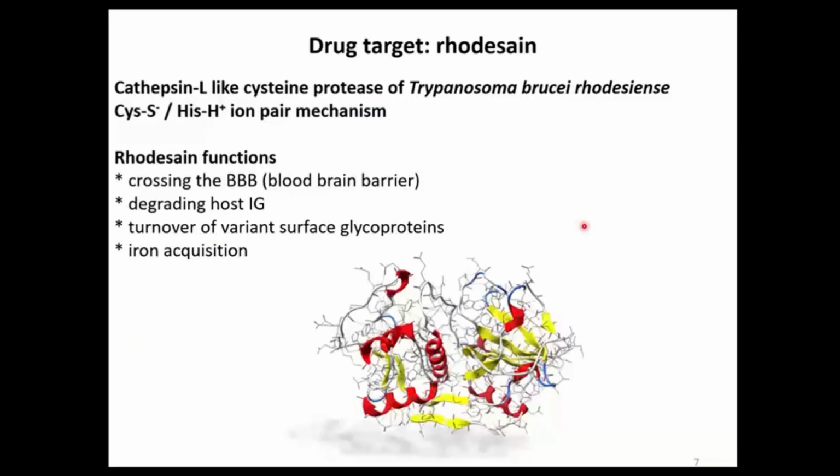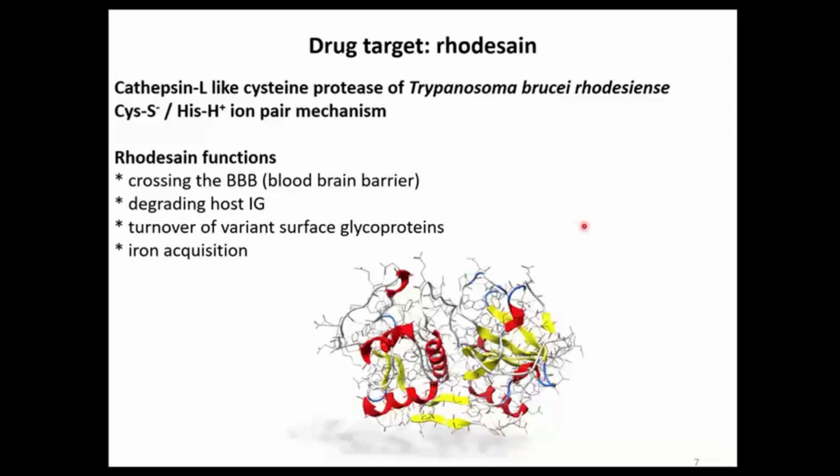So let us now come to our drug target, the enzyme Rhodesain. Rhodesain is a major cysteine protease of Trypanosoma brucei rhodesiense, but this enzyme is nearly identical to the analog enzyme of Trypanosoma brucei gambiense. This protease belongs to the papain family of cysteine proteases, and with this it consists of a